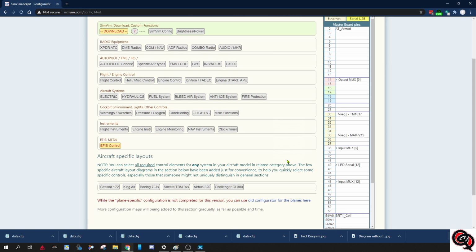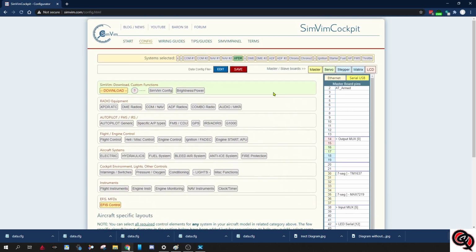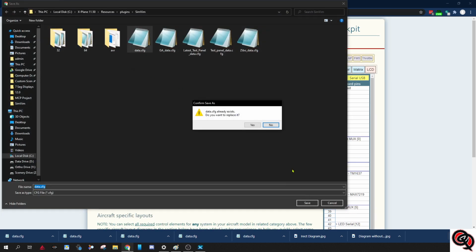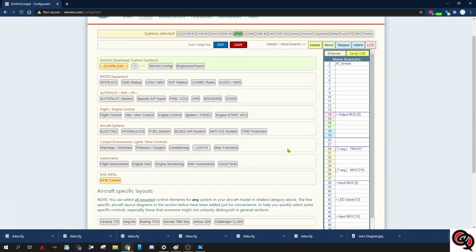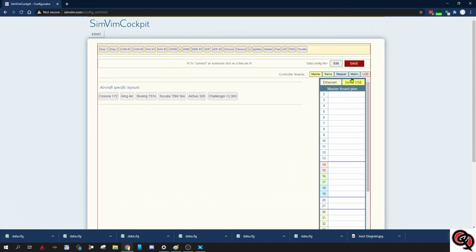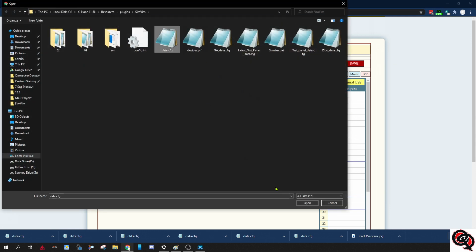So now we just have to decide what we want to put on them. So before we go any further, I'm going to save this configuration file, because I've noticed that sometimes when you go to the old configurator for the airplanes, it wipes it out and then you have to reload it. So I wanted to make sure that I save it before I went any further. So yeah, you see, it just wiped it out. So I'll just go ahead and open my configuration file,